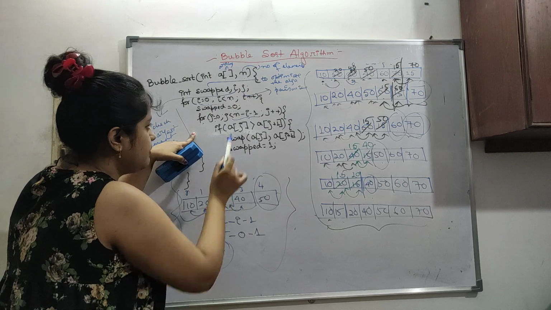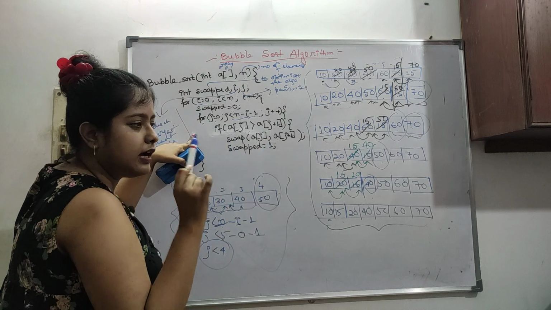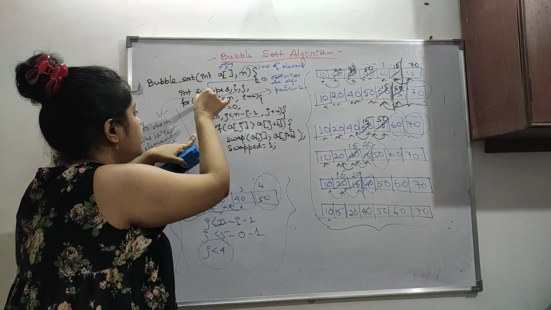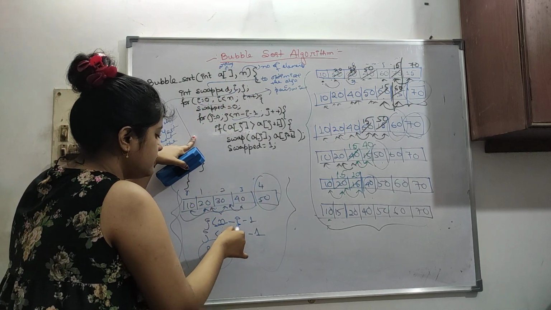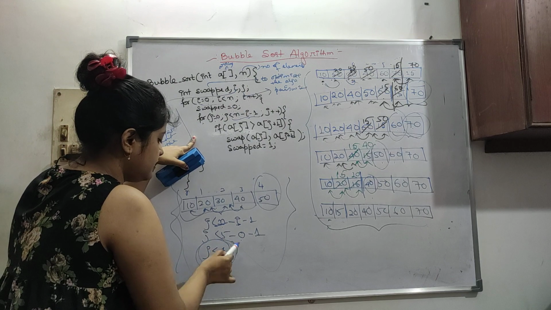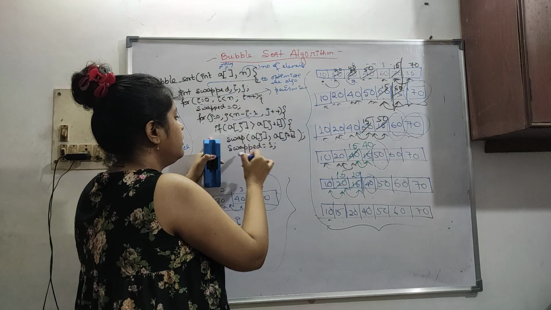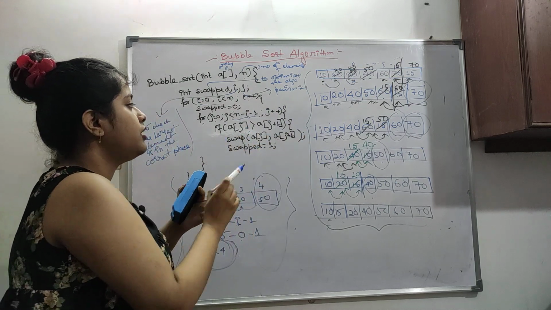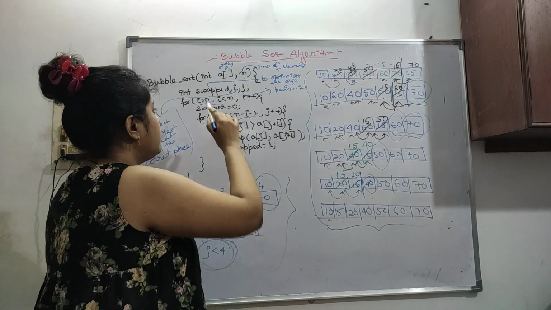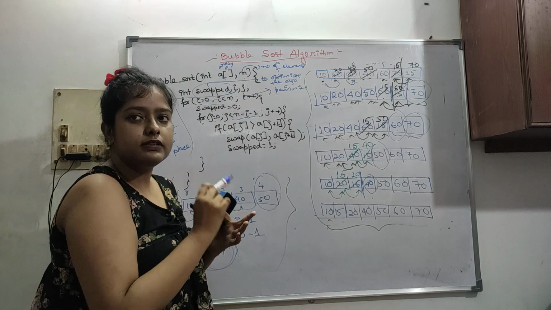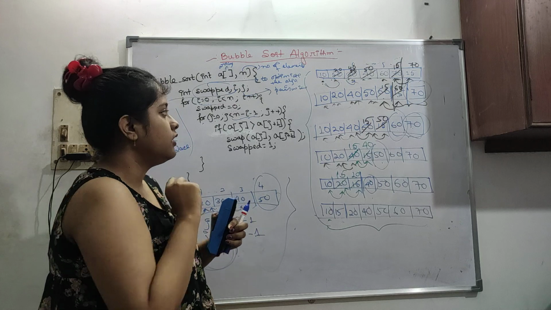If the number of elements is 5 here, then i in the first case will start from 0. This is a nested for loop. For i equal to 0, this will run. For i equal to 1, this will run like this. So it is coming down as j is less than 4. For this for loop, we check another condition: if the first element is greater than the second element, we have to swap like this. Now I will show you why swapped is used and what its function is, and what our difficulty would have been if it had not been used. Now let's see that.